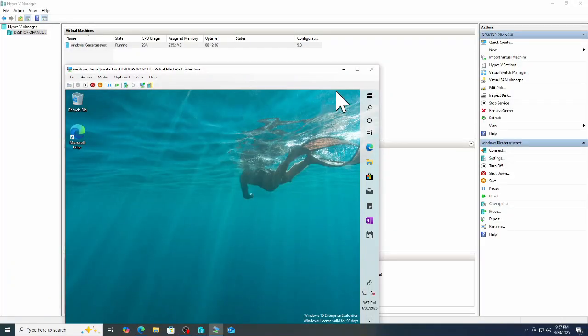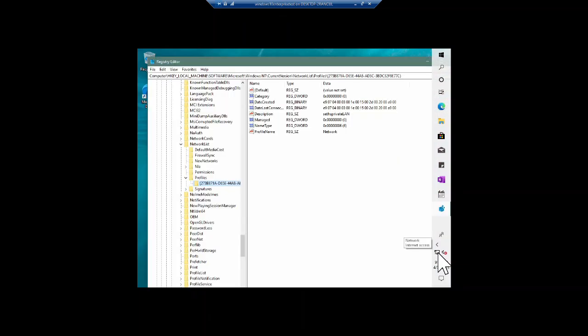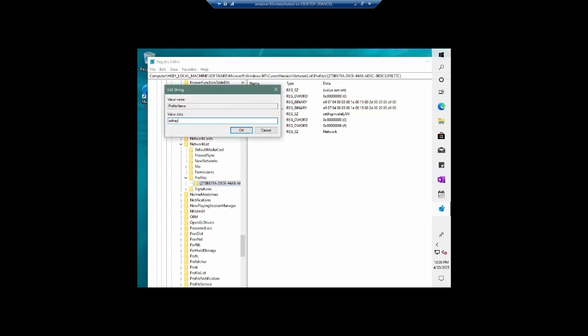Gonna reboot the system, and there. I still have the arrow, but it is 4 times larger, as you can see. So I guess I changed the wrong value to change the actual icon, but the network still says network, so okay. Yeah, I changed the description, but you need to change the profile name, it looks like. See? That's how you learn. You just change values and